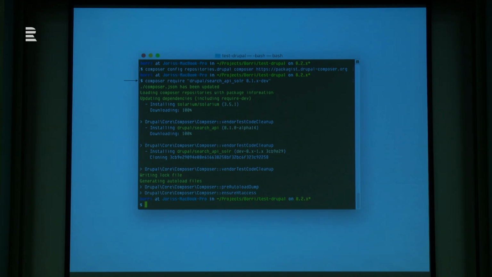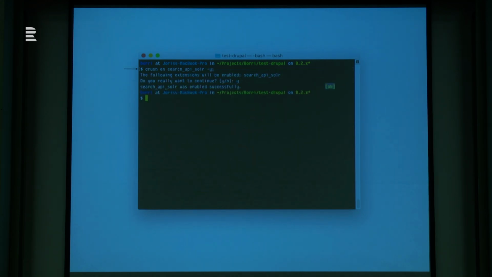There is no way around it. And the reason is that that's just how Drupal 8 works when you use libraries. You have to do it through Composer because it needs to write the autoloader and a couple of other files that are only written on Composer install. So requiring the module, enabling the module,